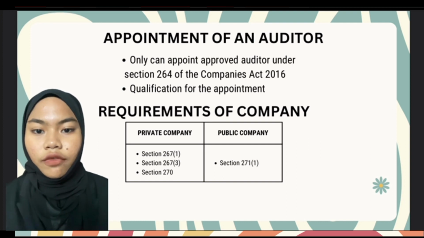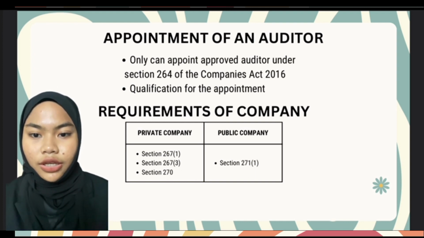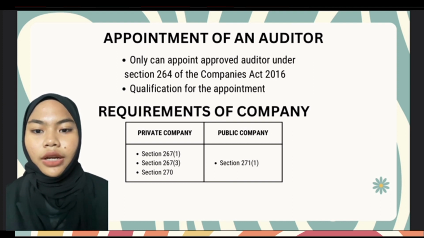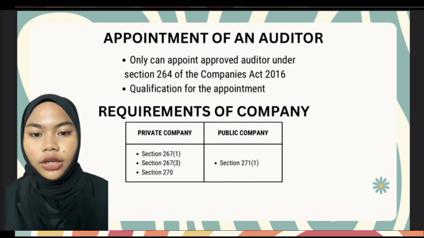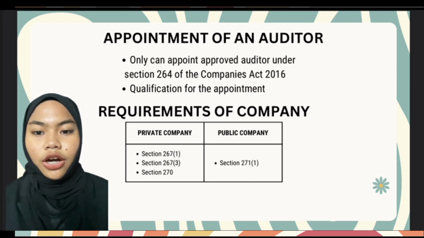According to Section 264, subsection 4, a firm of auditors shall not knowingly consent to be appointed and shall not knowingly act as an auditor for any company and shall not prepare for or on behalf of a company any report required by this Act to be prepared by an approved company auditor unless, subsection A, all the partners of the firm resident in Malaysia are approved company auditors and, where the firm is not registered as a firm under any law for the time being in force, a return showing the full names and addresses of all the partners of the firm has been lodged with the registrar, and subsection B, no partner of the firm is disqualified under subsection 1 from acting as the auditor of the company.